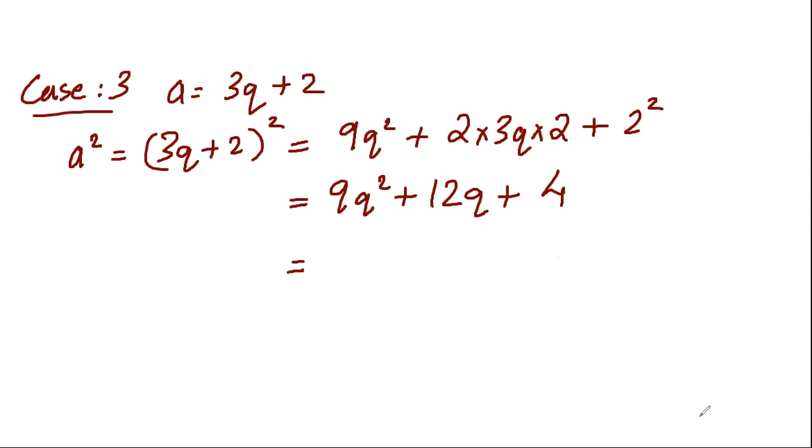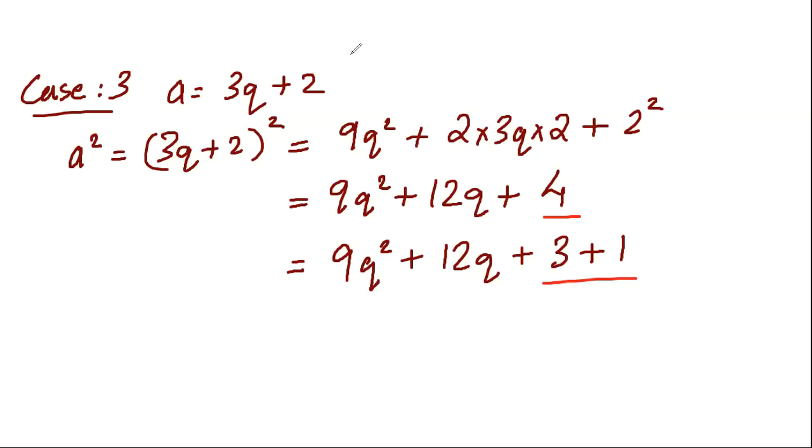I want to come to the form of 3m plus 1. So I'm doing a small rearrangement here. I am rewriting this as 9q square plus 12q plus 3 plus 1. I'm writing this 4 as 3 plus 1. And next step, I am taking the first 3 terms and taking 3 outside. I will get 3 into 3q square plus 4q plus 1, and in a bracket, I'm closing the bracket and putting 1 outside, plus 1,